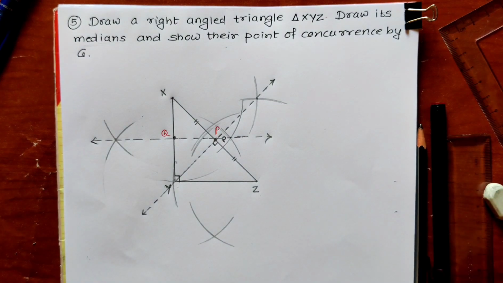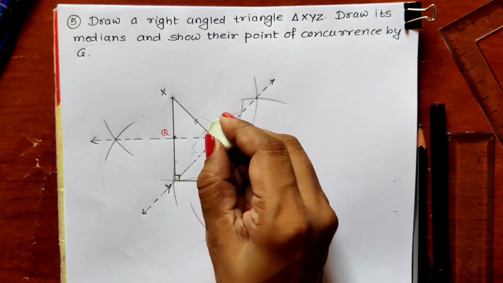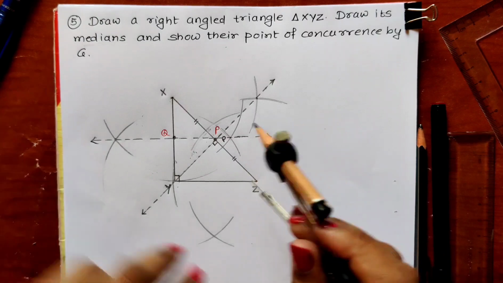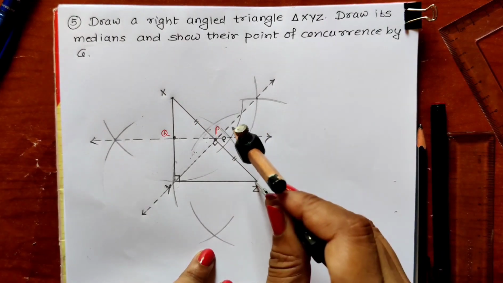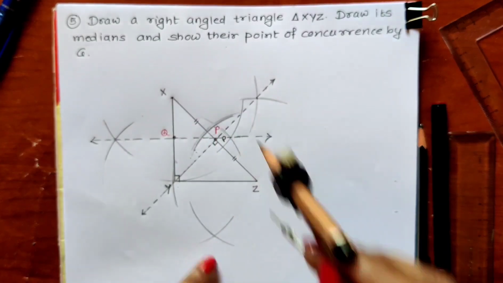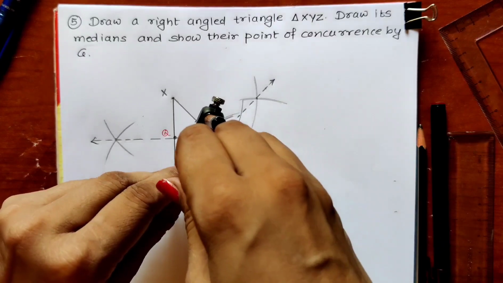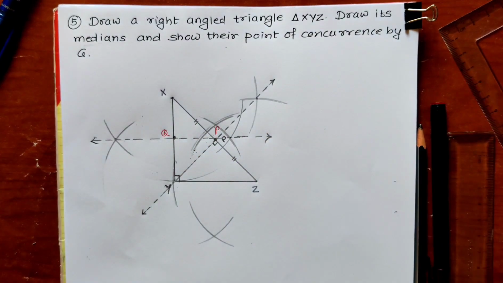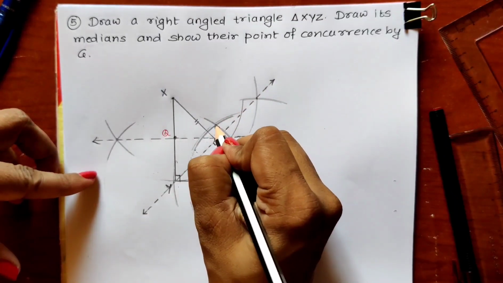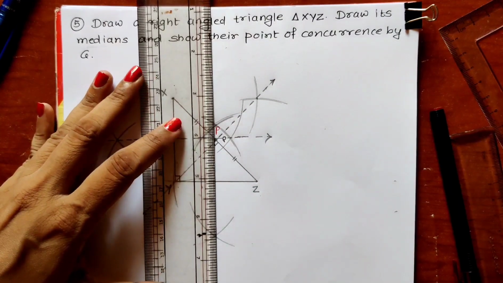Okay, so here we have seen that it is a little short. I will be extending, I will be drawing the arcs again. This is the first arc, then the second arc from point Y, and now I have got the points clearly here, this and this point. Now I can join the points.